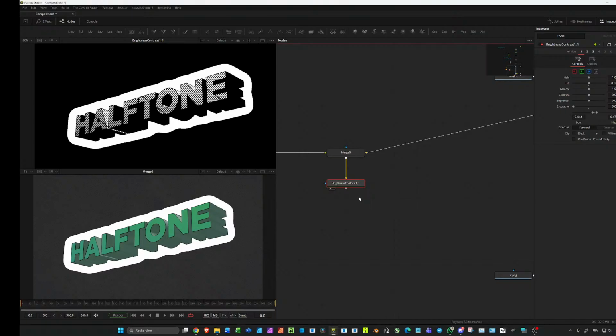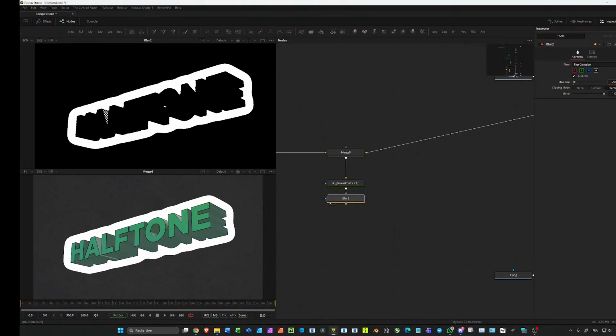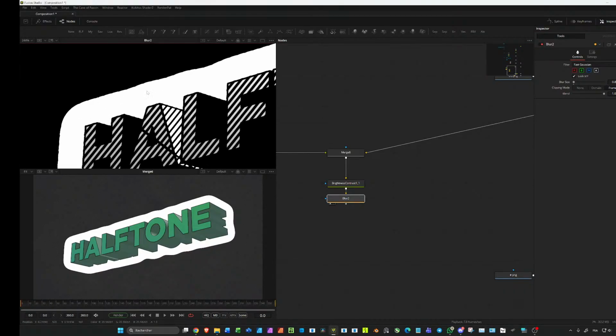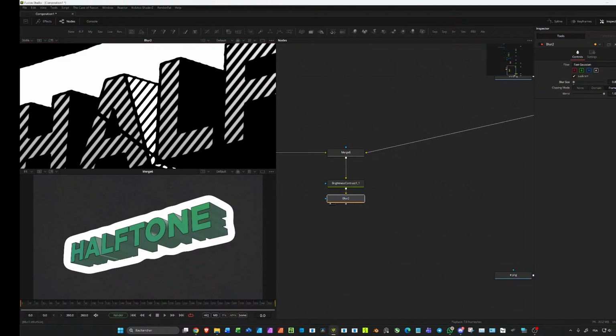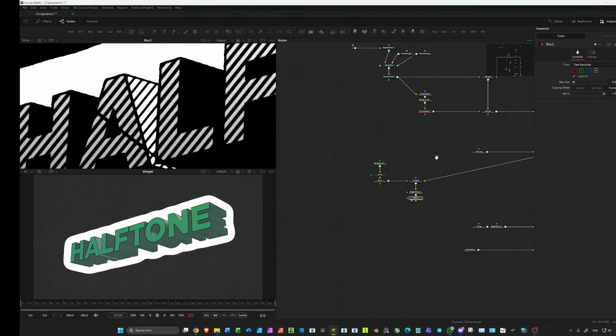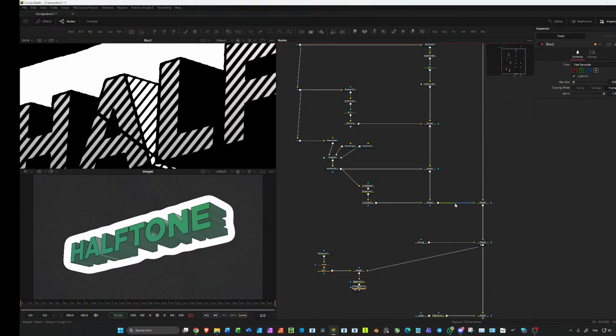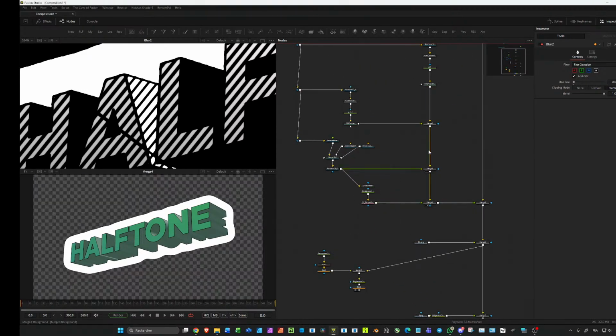Then add a blur node. Blur it a little bit more. Okay. Just realized I forgot some elements in the text, which is